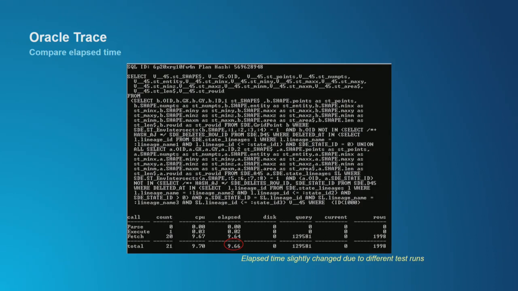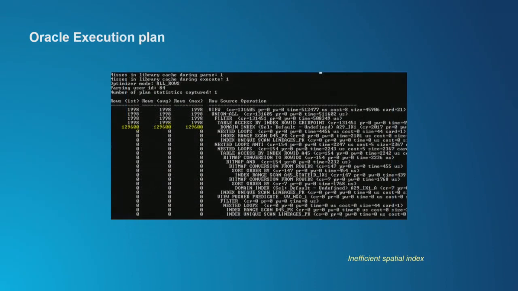We don't know yet what causes this, but a database, an RDBMS, is just like planning your travel. Should you take local streets or freeway? It has the same execution plan. Should it use a spatial index or not? So if you click here, it will tell you that actually the problem is because the spatial index was